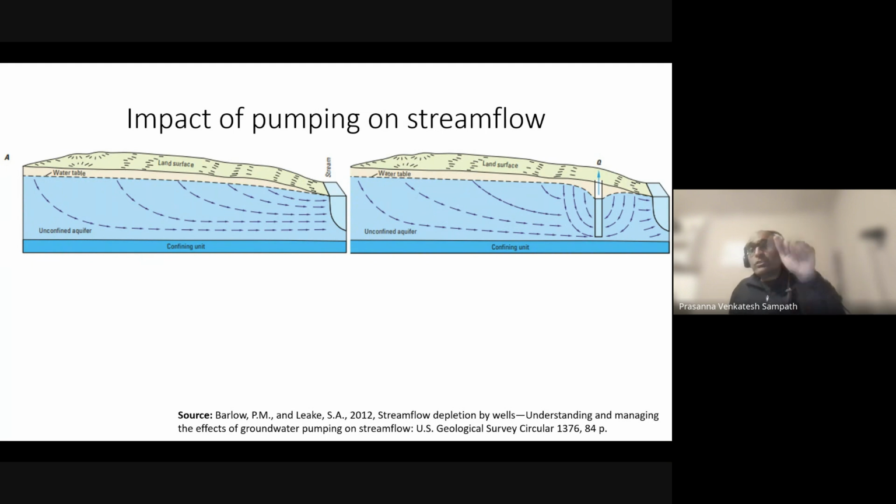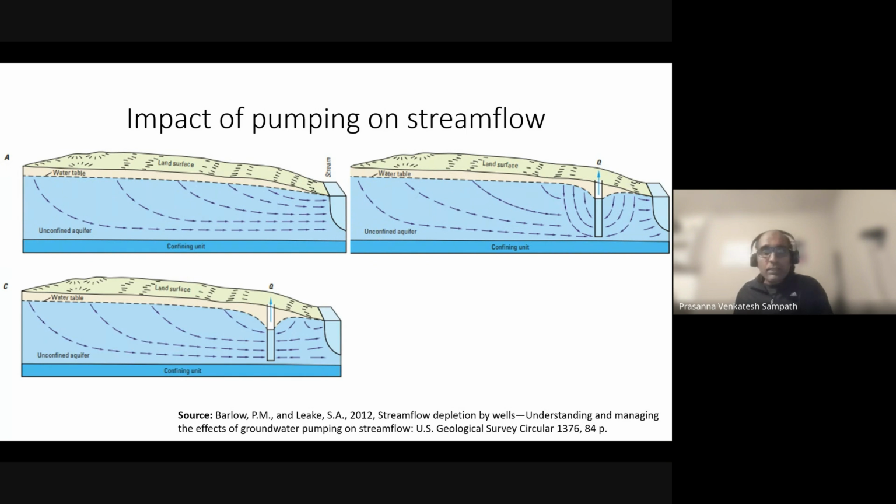Now, when I introduce a pumping well into the system, I see that locally there is a change in the direction of the gradient, right? Locally, the gradient is pointing towards the well, and then away from the well towards the river, you still see water going into the stream, right? This is in the initial period after the pumping well starts to pump. This is what happens. Now, if this pumping well continues to pump,